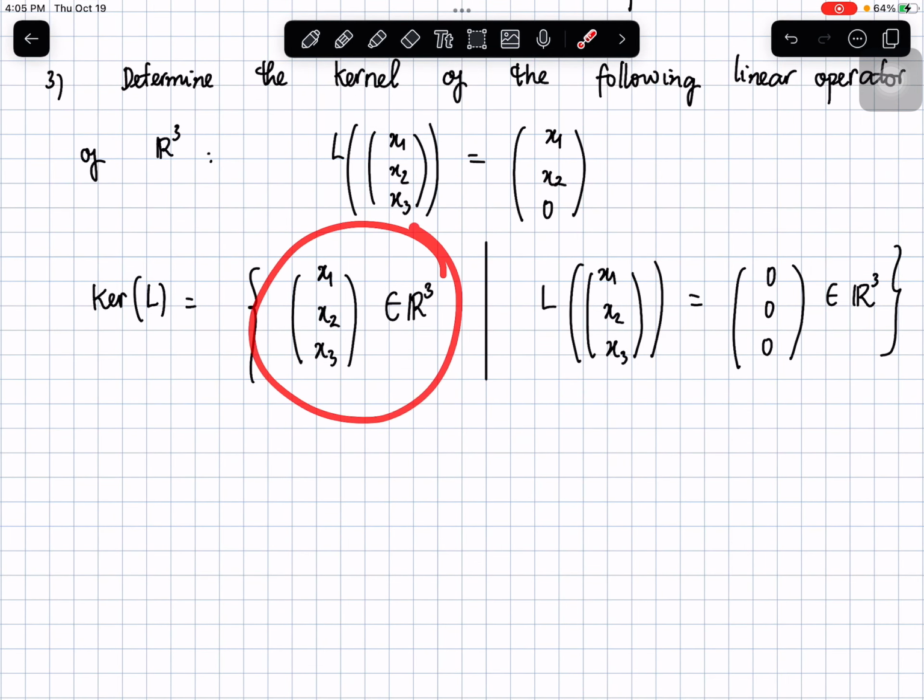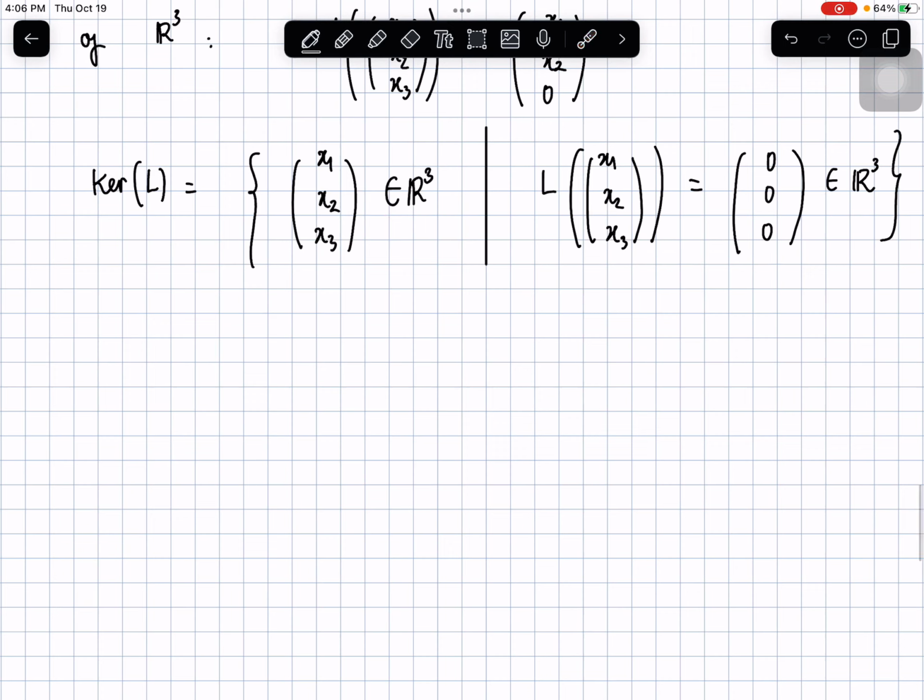So the set of points in the domain that are mapped to the zero vector in the codomain. Whether this is R3 or R2, any other vector space can be defined like that. The kernel is a set of points v in the domain which map to the vector 0 in the codomain. And by definition,